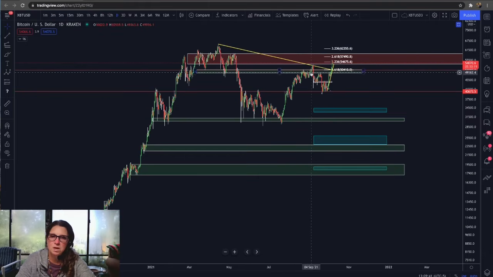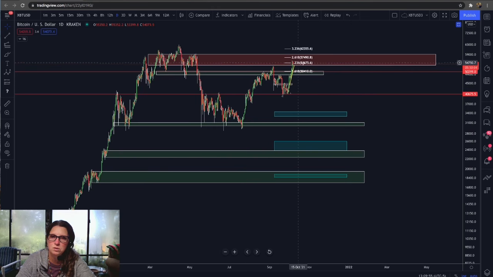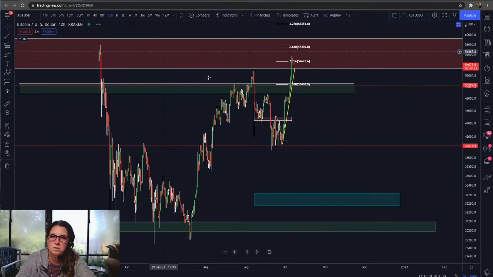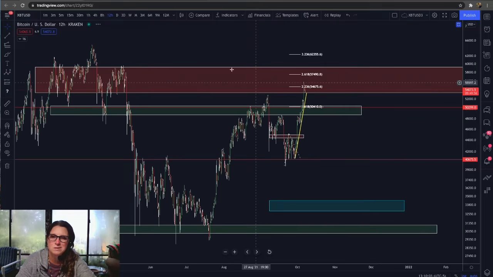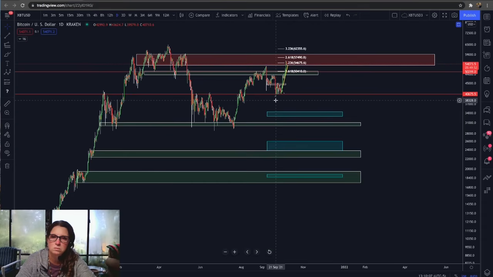This yellow trend line is the trend line that we broke. That is what caused this pop of an extended fifth. Okay. As you can see, we're sitting right on that 2.236. So let me go down to the 12-hour and see if we can squeeze it in here. No. Sorry about that. I don't want it that squished. All right.